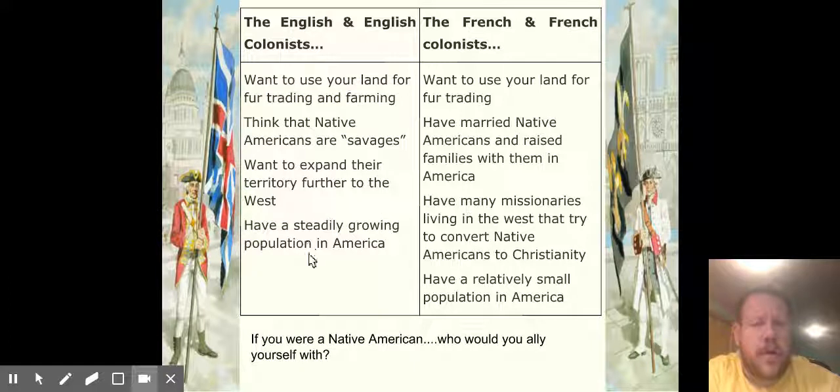They want to expand their territory and have this huge growing population. So the French colonists want to use your land for fur trading, but not take it over, right? They've married your families. They have missionaries living among you and have a pretty small population. It's pretty clear who a lot of people would think would be the logical ones to ally with, and that's